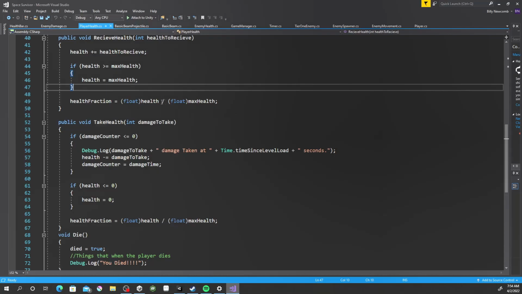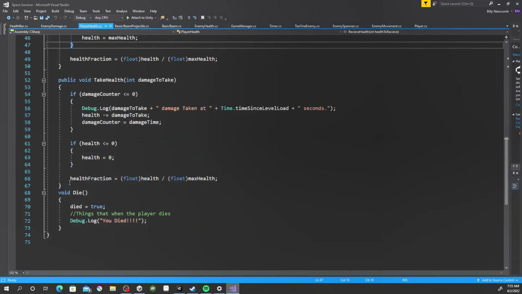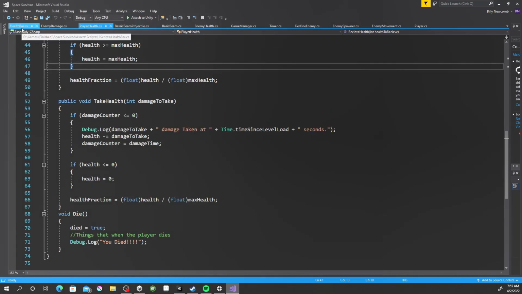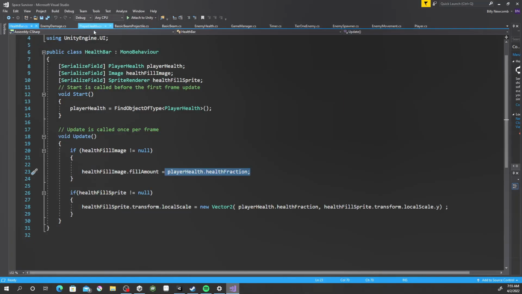But anyway, if you divide health divided by max health, it's always going to return a number between 0 and 1. You can try it out on a calculator, and it'll show you. This is how your teachers in college and high school or whatever are calculating your grade, right, the amount of questions that you get right versus the max amount of questions. So anyway, I called it there, and in take health. That way, it's only being called when something's actually changing. So anyway, the health fill amount, which is between 0 and 1, is going to be equal to the health fraction amount. So that is the UI